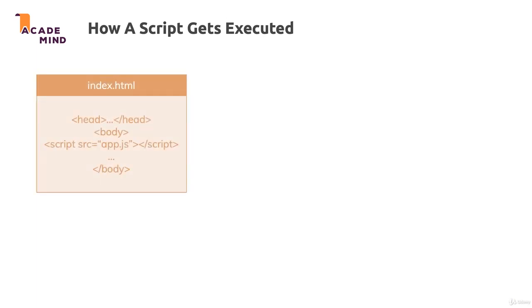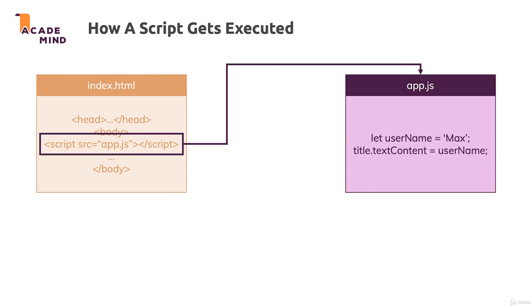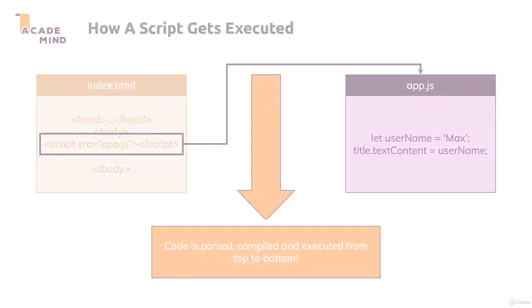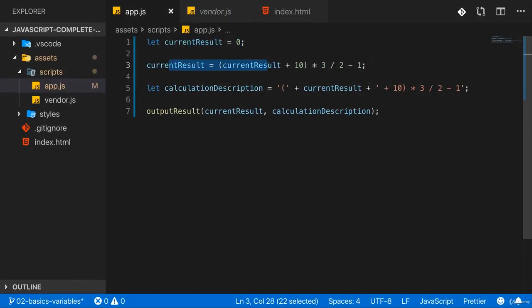Your JavaScript code gets executed from top to bottom. Actually, your HTML file gets parsed from top to bottom by the browser. And if you then import some JavaScript in there, well, that file gets evaluated and executed by the browser. And the code in there also gets executed from top to bottom. And that's default JavaScript behavior. And hence, of course, if you do something in this line and then you use it in the line thereafter, you get the result from this line and not the result from the first line. It would be pretty bad if that would be the case,